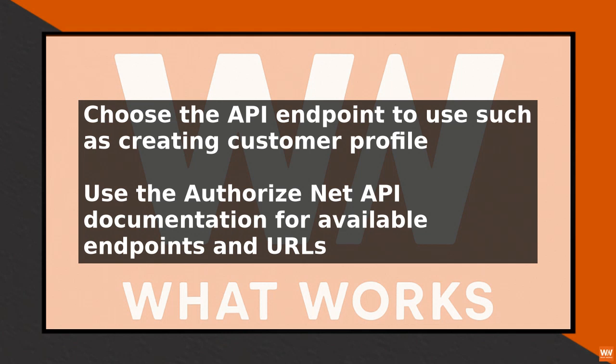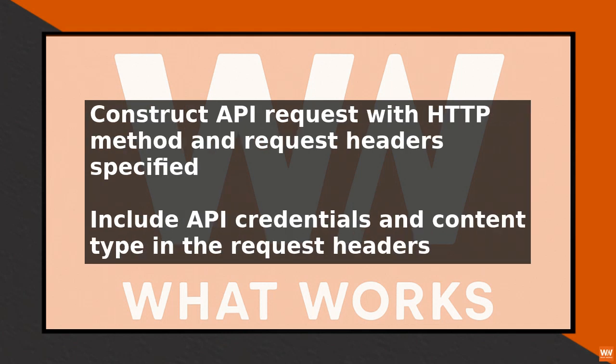For example, to create a customer profile, you would send a POST request to the Create Customer Profile endpoint with a JSON body containing the customer's information, such as their name, address, and payment method. After constructing your request, send it to the AuthorizeNet API using your preferred programming language or tool. The API will then process your request and return a response, which may include a JSON body containing the result